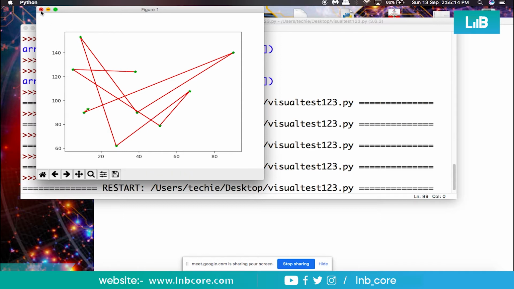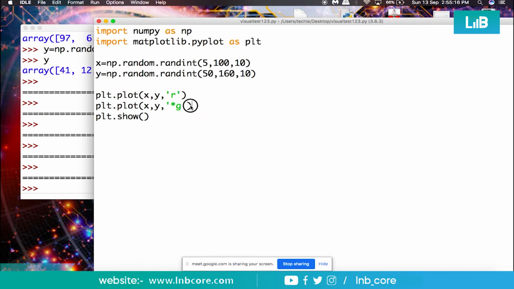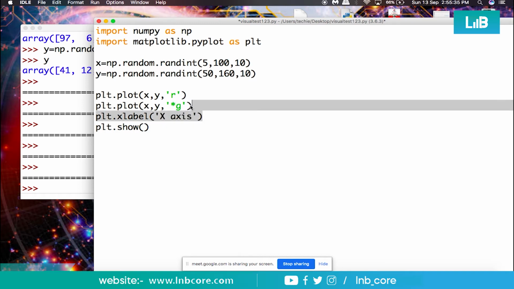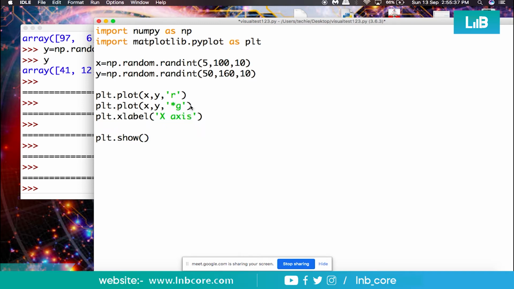Okay, along with that we need to put some notations in the x-axis. So plt.xlabel within bracket x axis, likewise for the y axis, and this will be plt.ylabel.